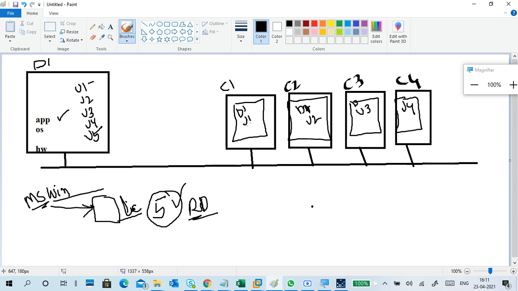When you log in with the user, the profile data is there. The profile data is also stored in this PC only.